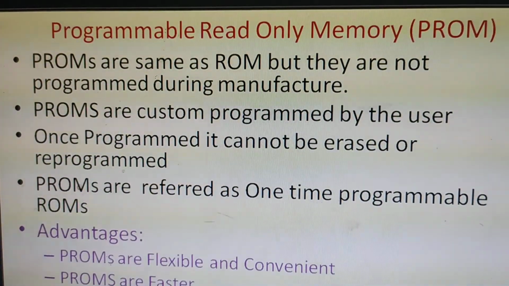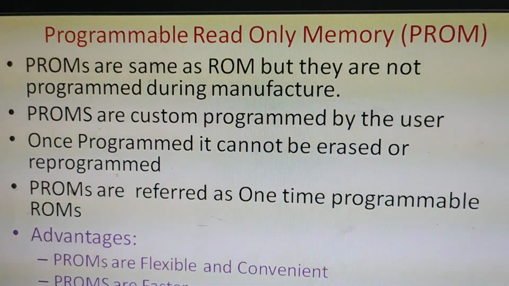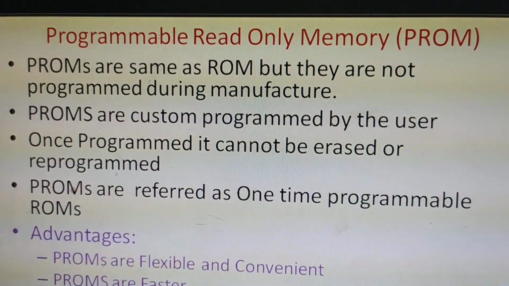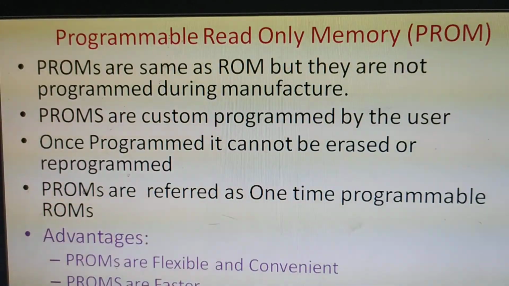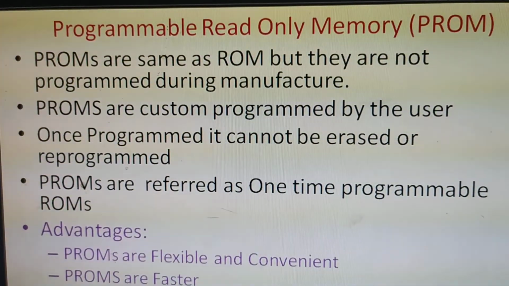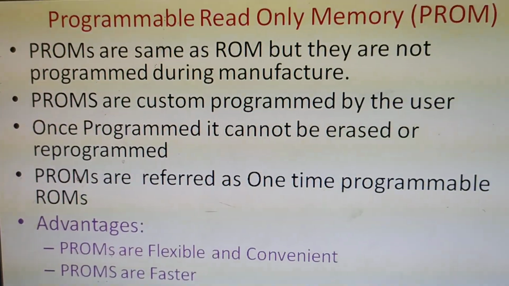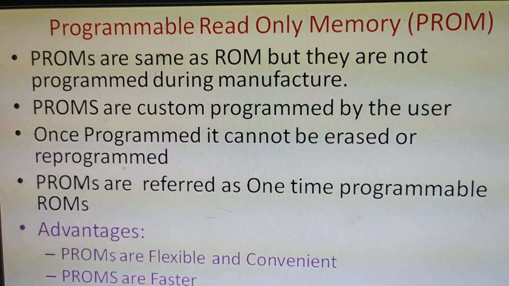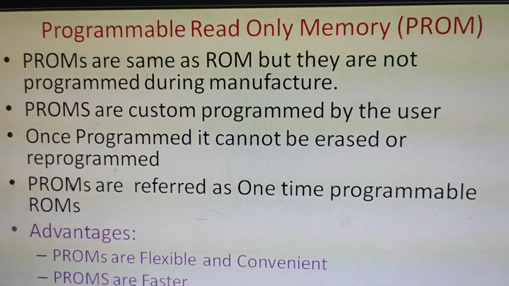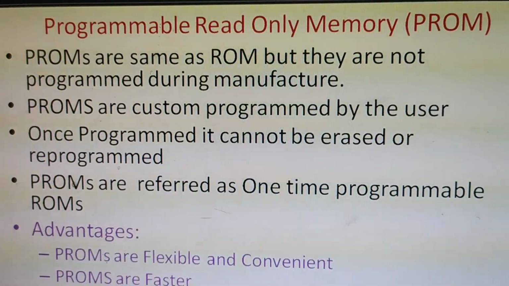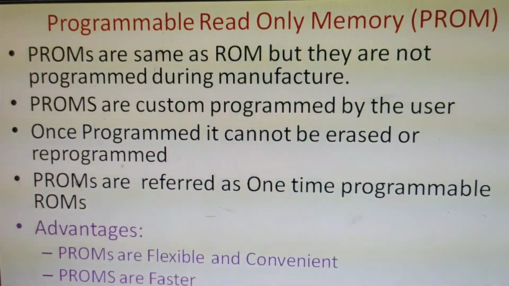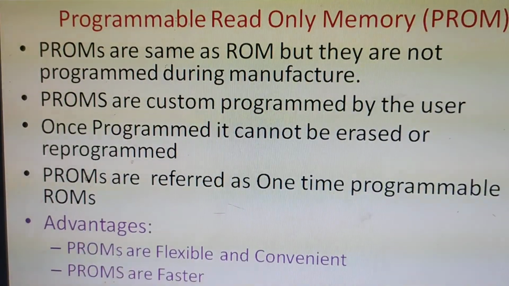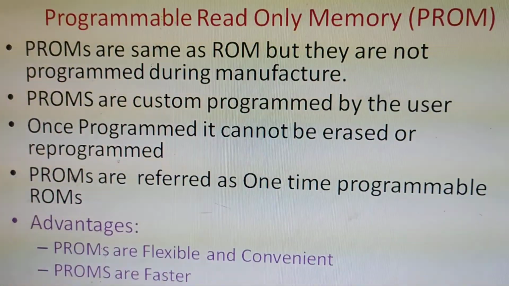For example, as you know, ROM is also used in remote controls, washing machines, ACs, microwave ovens, and all the other kinds of devices. But there the programs are all different. In all types of computers, the same type of mechanism is used, so ROM can be used there. But here we have to use different kinds of programs, so the programs cannot be written during manufacture.